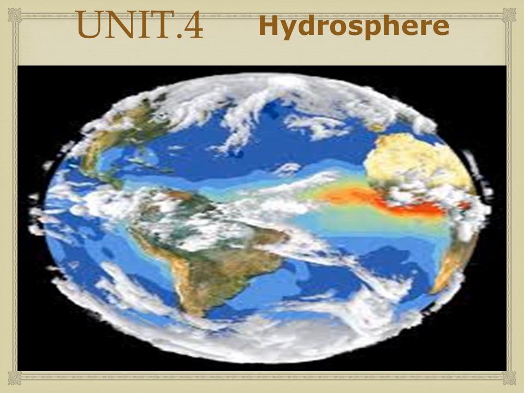In the previous class, you have already seen the atmosphere and the lithosphere. You know that there are three spheres, the lithosphere, atmosphere and hydrosphere, and all together they form the biosphere. You have learned about the lithosphere, in which there are two types of processes, the endogenetic process and the exogenetic process. Third, the atmosphere. And today we are going to start a new lesson, that is hydrosphere.